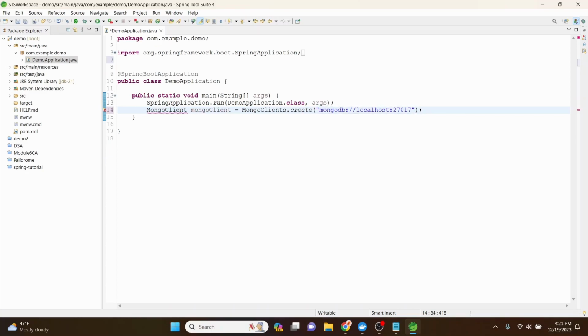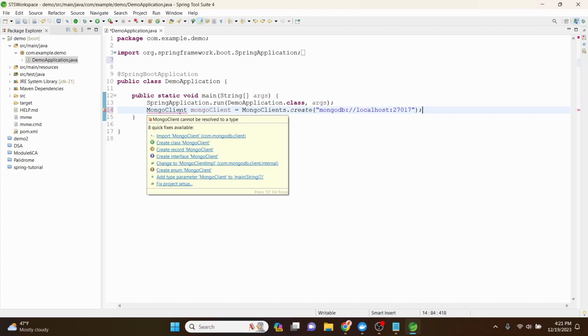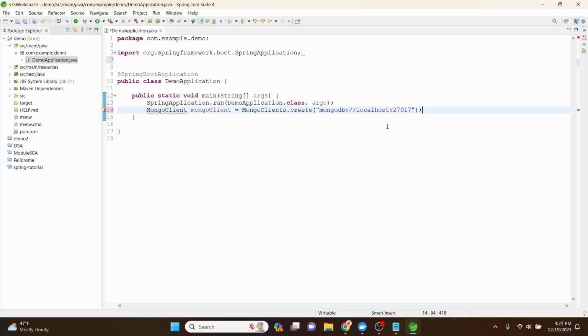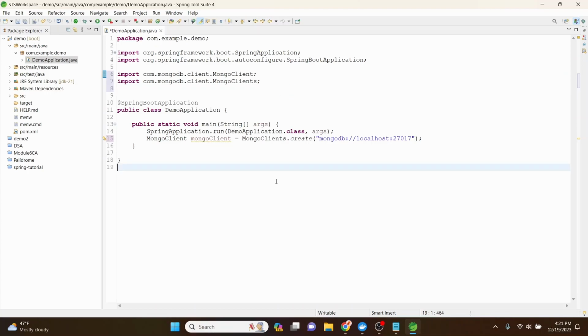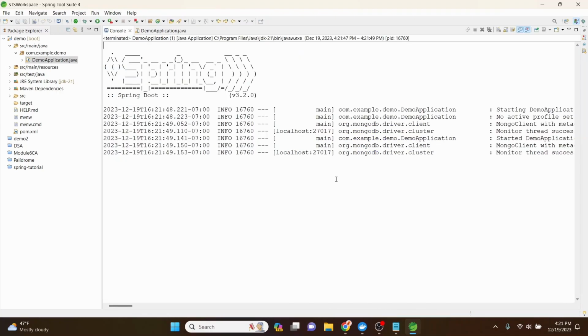And now you'll notice that there's an error here. That's because we haven't imported MongoClient yet. And in order to fix that, you want to click Control-Shift-O. And once you hit that, you can see the MongoClient and MongoClients is being imported. Now, if you run this, it will connect to MongoDB. And as you can see, we are successfully connected to the localhost port number. Now that we know how to connect to MongoDB, let's look at how to perform basic CRUD operations of MongoDB